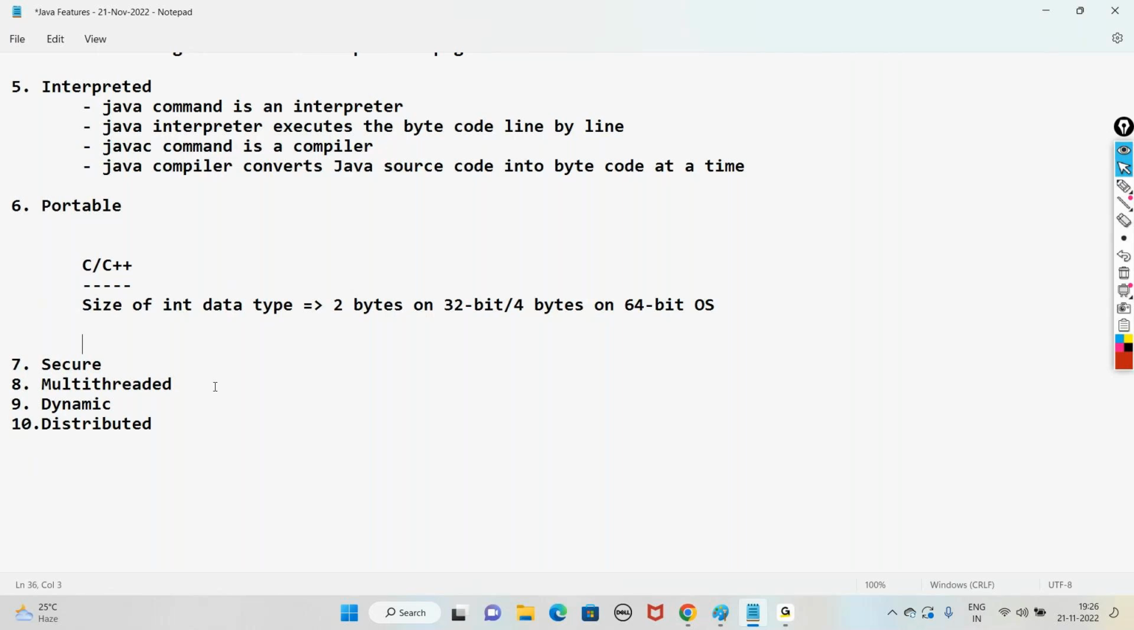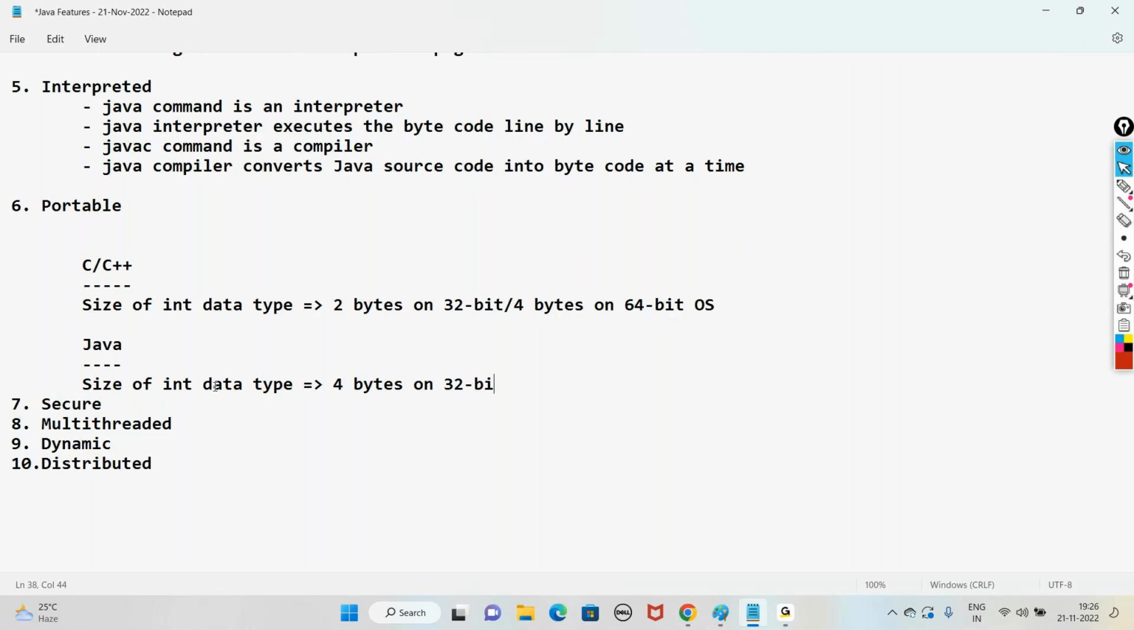Coming to Java, the size of integer data type is 4 bytes on 32-bit or even 64-bit. Whatever the operating system is, the size remains the same related to integer data type. In that way, Java is portable. So we can say Java is portable since the size of